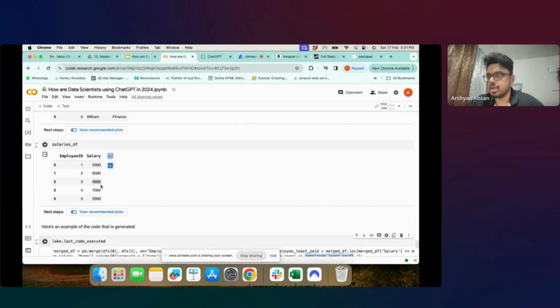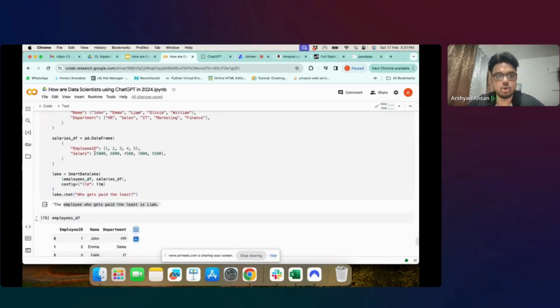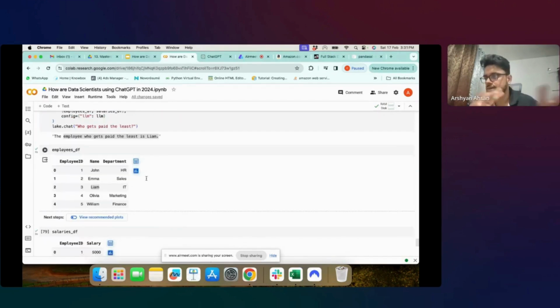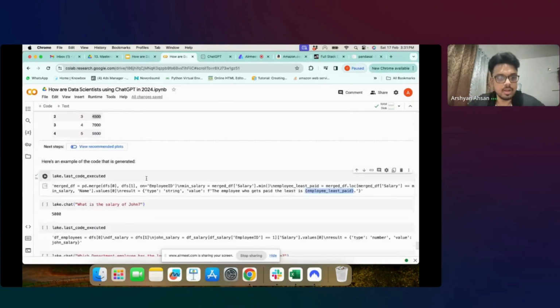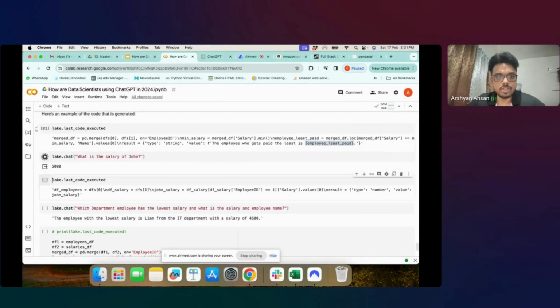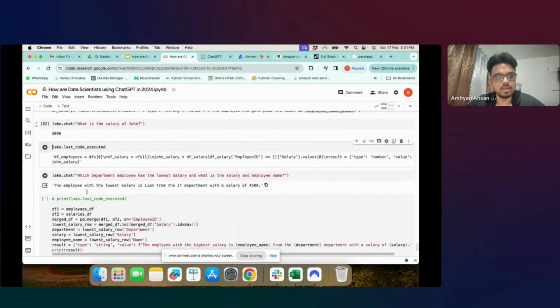सो आप बेसिकली वर एबल टू यूज मल्टीपल डेटा फ्रेम्स ऑल्सो. तो यहाँ पे हमने दो यूज किया. आप यहाँ पे चाहो तो 3 डेटा फ्रेम्स यूज कर लो एंड तीनों के हिसाब से फिर क्वेश्चन पूछो. ठीक है, व्हाट इज द सैलरी ऑफ जॉन, तो आपको वो मिल जाएगा. वो कोड कैसे चला वो भी मिल जाएगा. ठीक है, थोड़ा सा कॉम्प्लेक्स क्वेश्चन पूछ सकते हो.